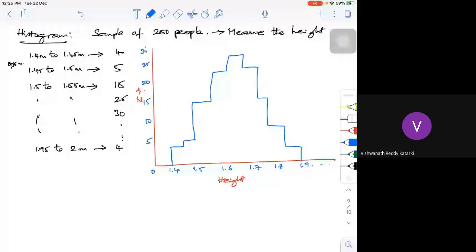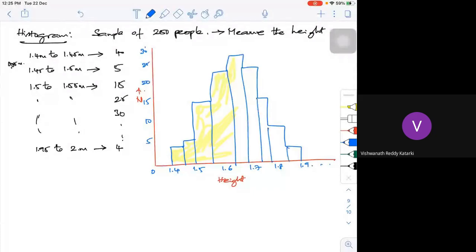I can color this particular thing. So this is what we call a histogram, with each division, if you look at it. This is your histogram. What does it tell?